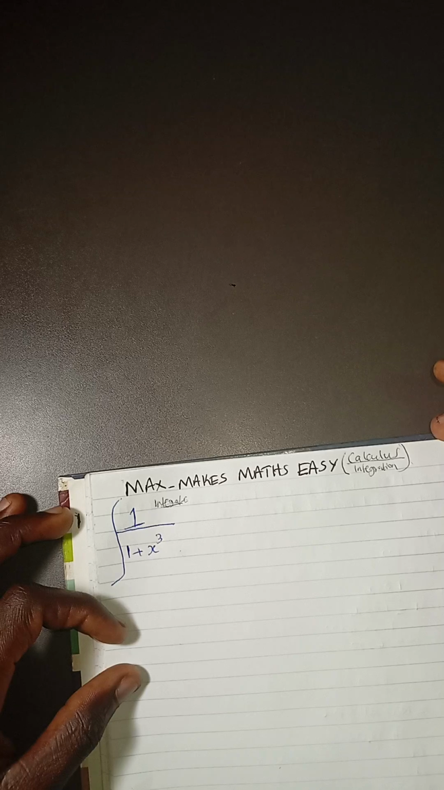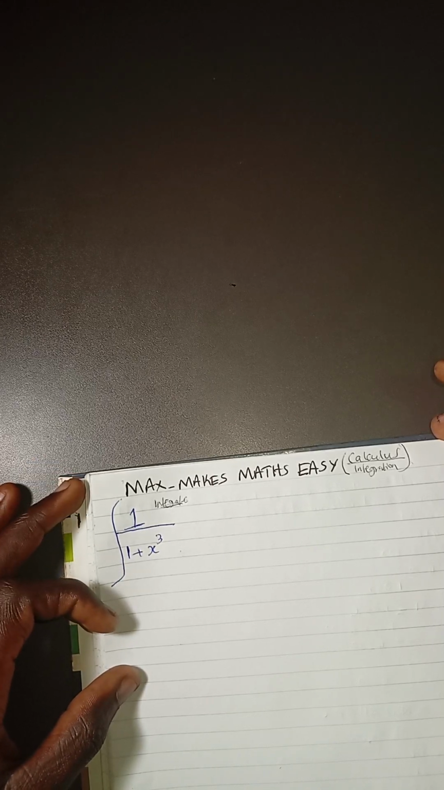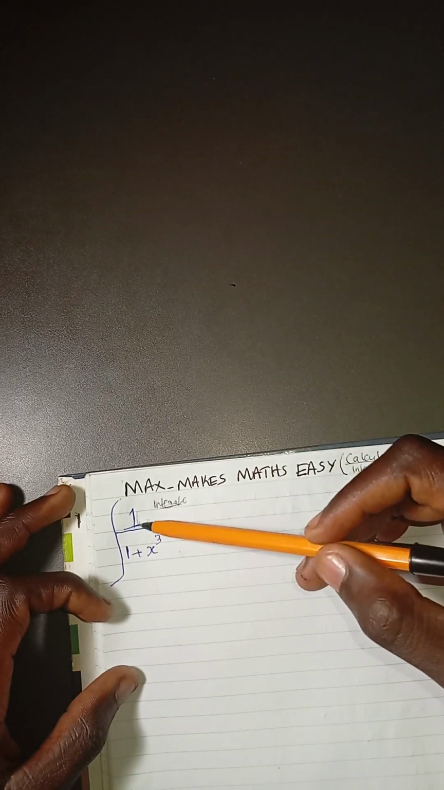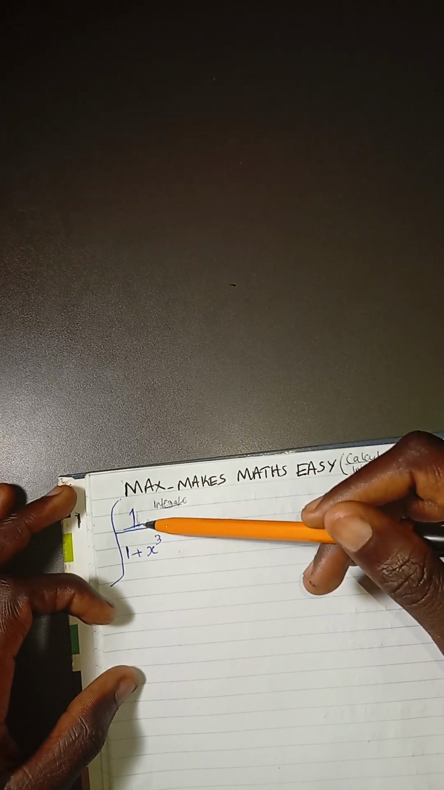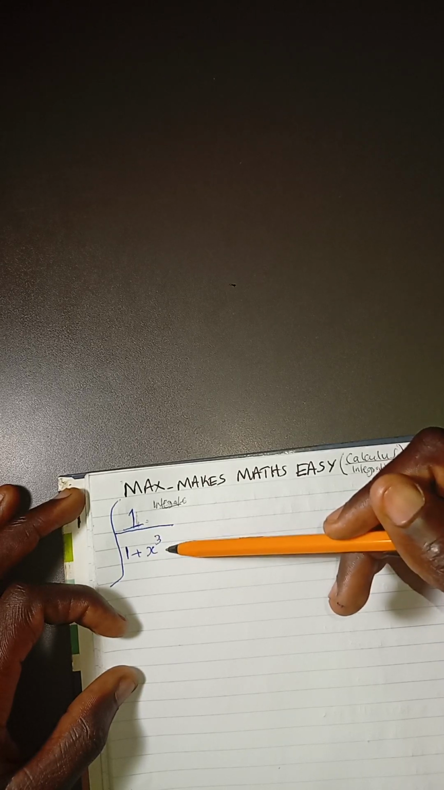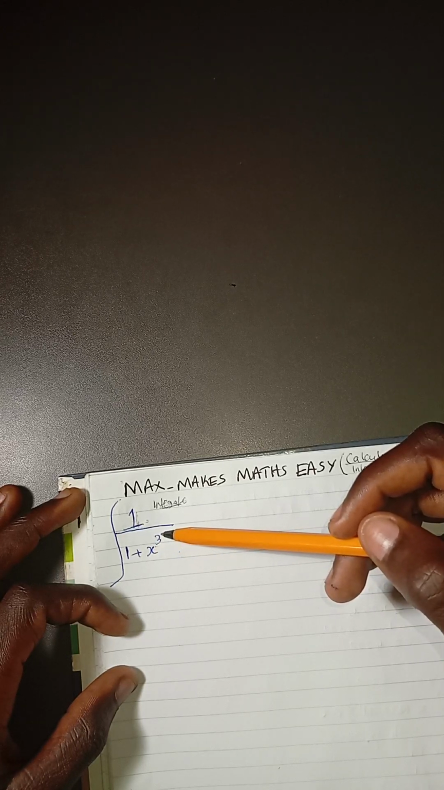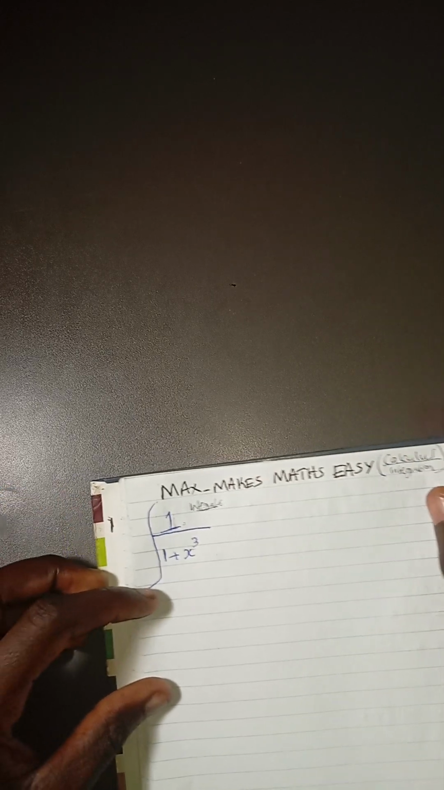And when I say partial fractions, I mean there must be decomposition of the polynomials given. Let's say you're given 1. Remember, this is a polynomial of degree 0, and 1 plus x cubed is a polynomial of degree 3. And remember, from your